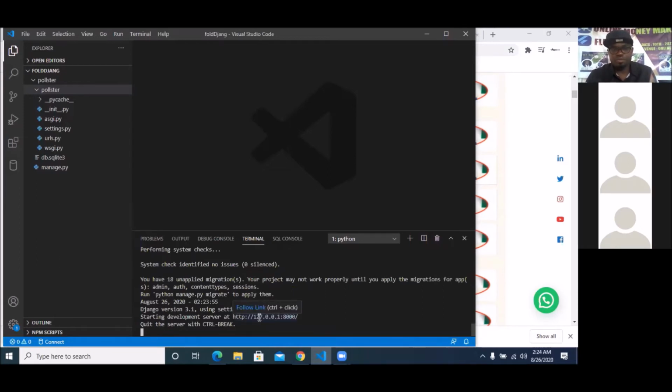To see this site, once you hover over this, you're going to see where they wrote press Ctrl+click to open this. So I'm going to hold down Ctrl, then press this so that this website will open at this very port. This is the port where it is open. The local address is at 8000. So once it's opened, I'm going to see my website, and that is how to create a basic web application